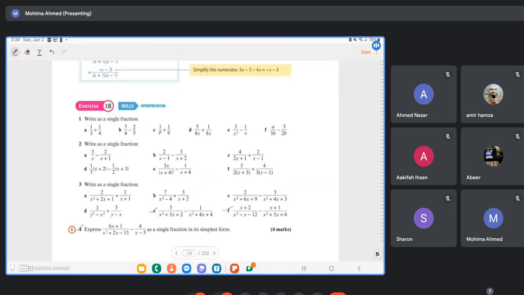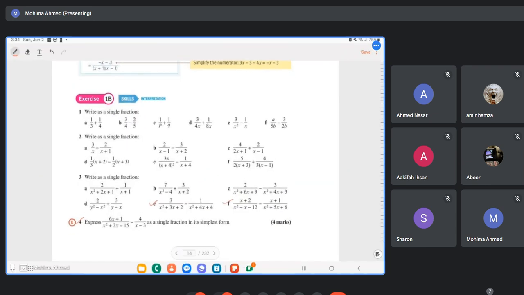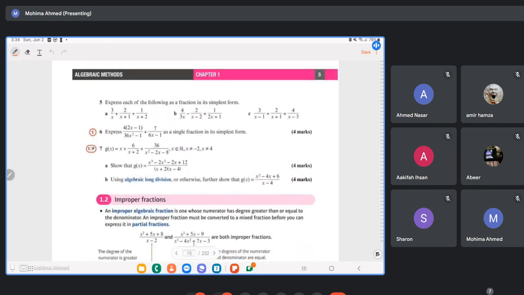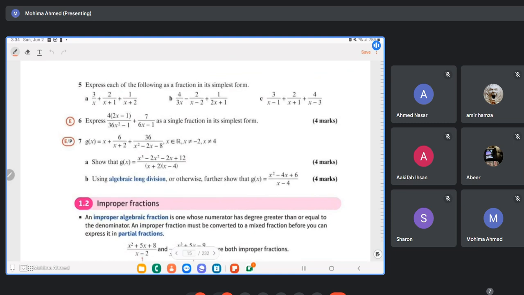Now, I think we cannot solve 3E today. So 3B. Yeah, 3B actually has a lot of other questions. This part is also 3B. So I think we should move on to this part, the GF over here. This one is tricky. Let's not waste our time in solving question 4. That was not that much tricky. Let's move on and solve question 7 over here.